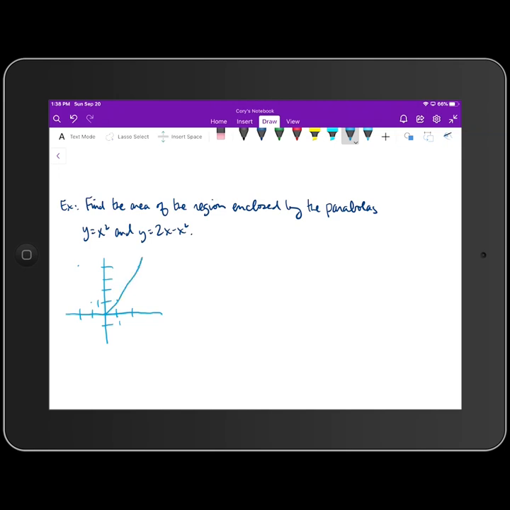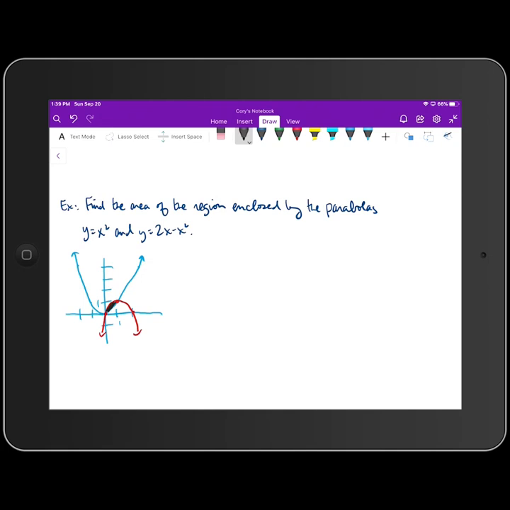So that's a parabola with the vertex at the origin that opens up. The function y is equal to 2x minus x squared has x-intercepts at 0 and 2. The vertex is going to be at the point (1, 1), and that graph opens down, looking like so. So the area enclosed between those two curves